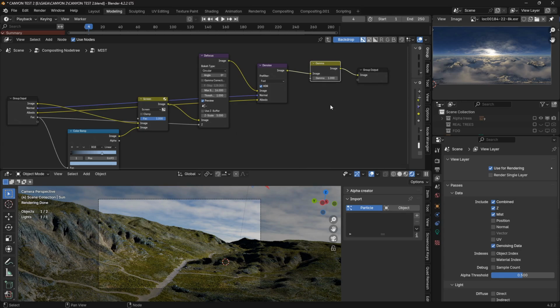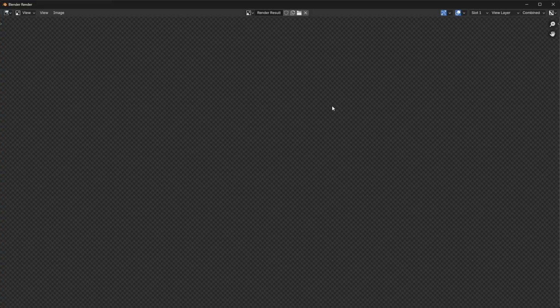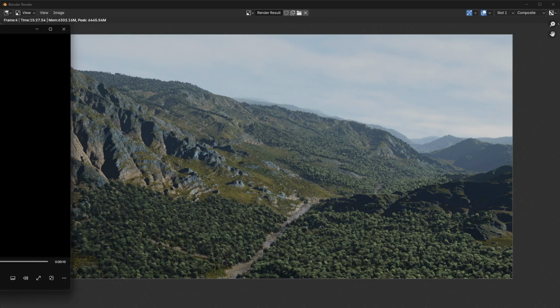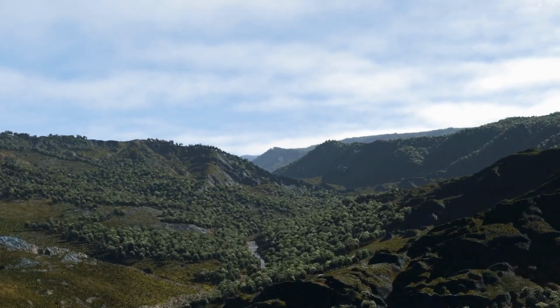So let's hit F12 and see what happens. All right, well there's the final render. We've got our fog and atmosphere in the background, trees and stuff, our river, our complex mosses and rocks growing out of our terrain. And then, of course, if you wanted to have an airplane or something fly through your terrain like that,